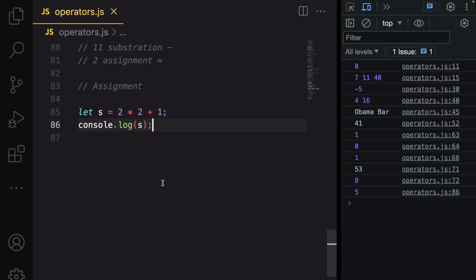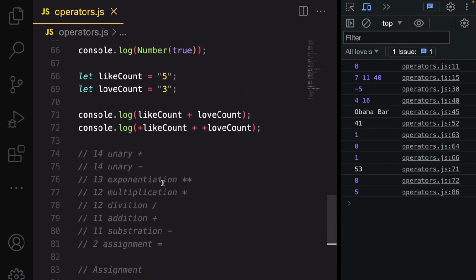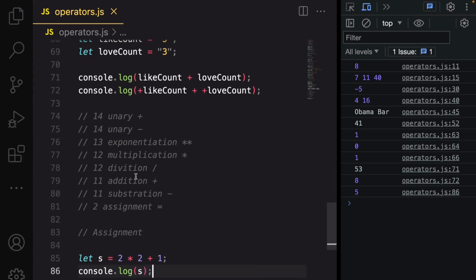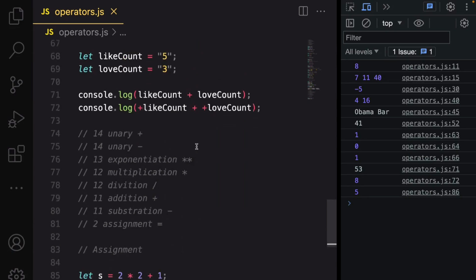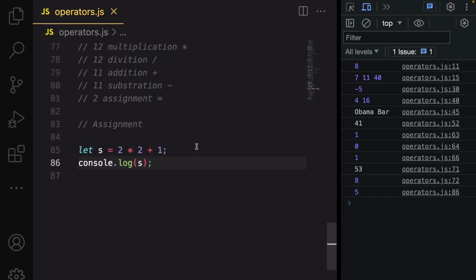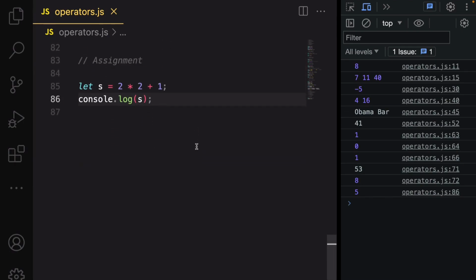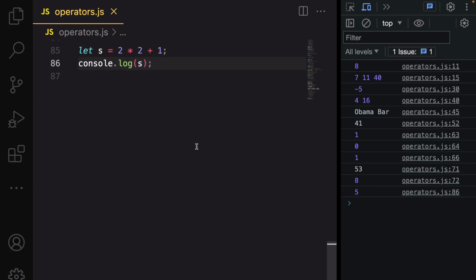The assignment operator is pretty straightforward. You just make sure you follow this order of precedence, or follow BODMAS, in doing your maths before you assign it. JavaScript is going to run it. It's going to do all those crazy stuff, and then we're just going to be chilling, waiting for the results to be returned. So I'm going to do chaining